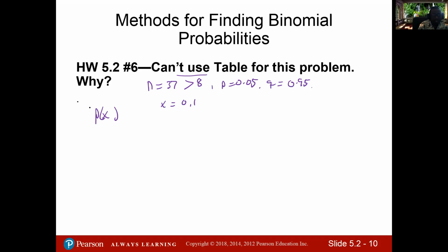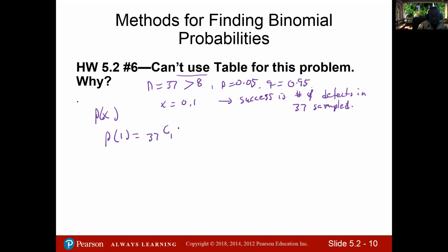Your success is the defects, the number of defects in the 37 sampled. So if I use the formula, the probability of 1 will be 37 combination